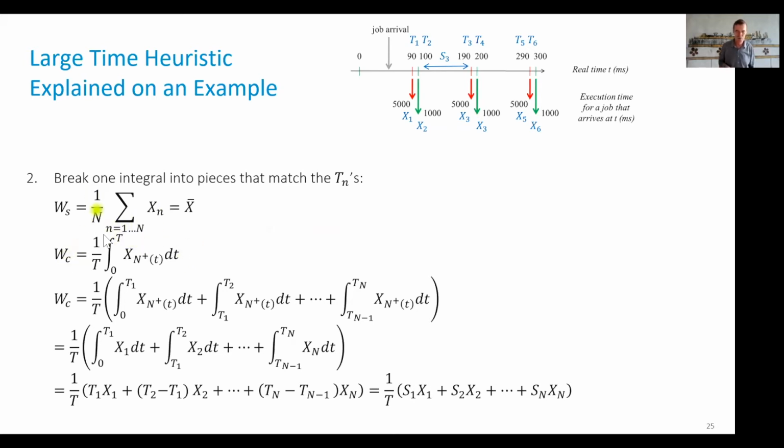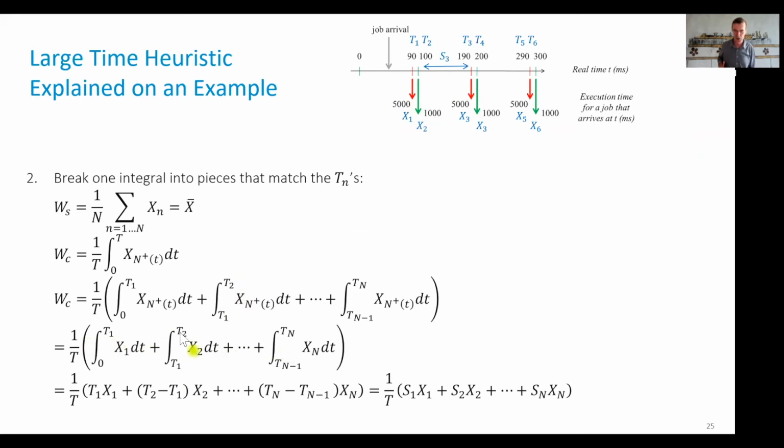So I have those two formulas that we have seen before. I break this WC by saying I have to take an integral from the beginning to the end of the simulation. And the integral is of what? Is of a function that jumps only at times t1, t2, etc. So I break the integral between all those intervals. And on one of these intervals, for example, on interval t1 to t2, the x that I choose is x2, because if somebody arrives in this second interval, it is allocated to the second processor and it will receive a service x2. So the contribution of this integral is here.